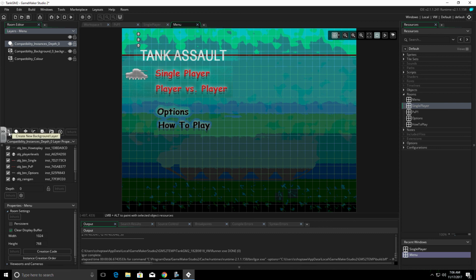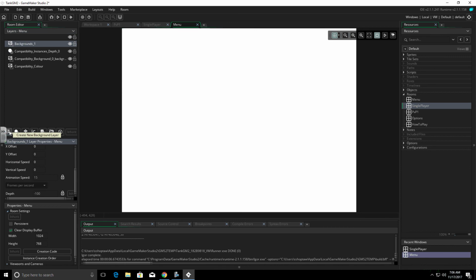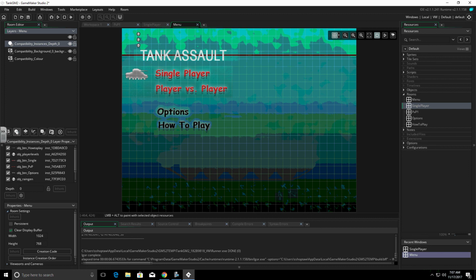So if we want to create a background layer, like I did before, you just come down here and click on this icon, backgrounds 1. You can create multiple background layers just by continuing to click on that. Just to the right of that, you can create a new instance layer.